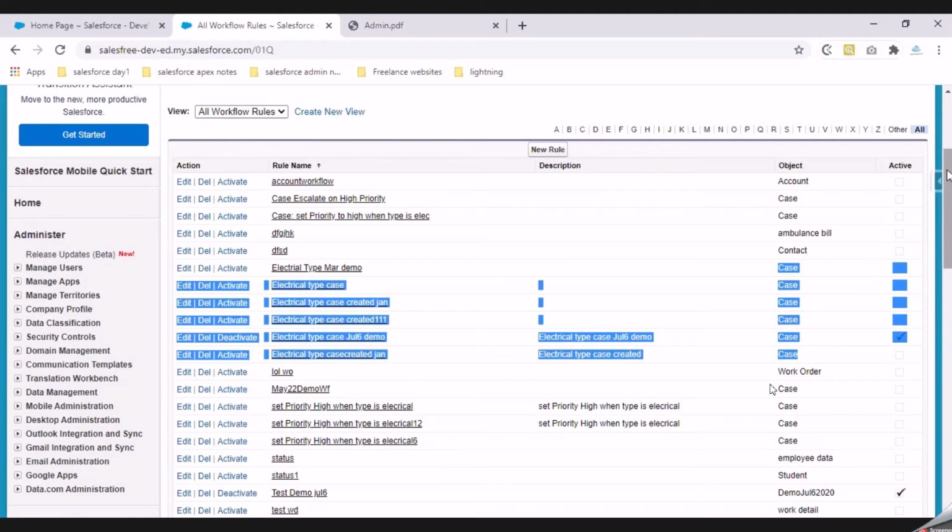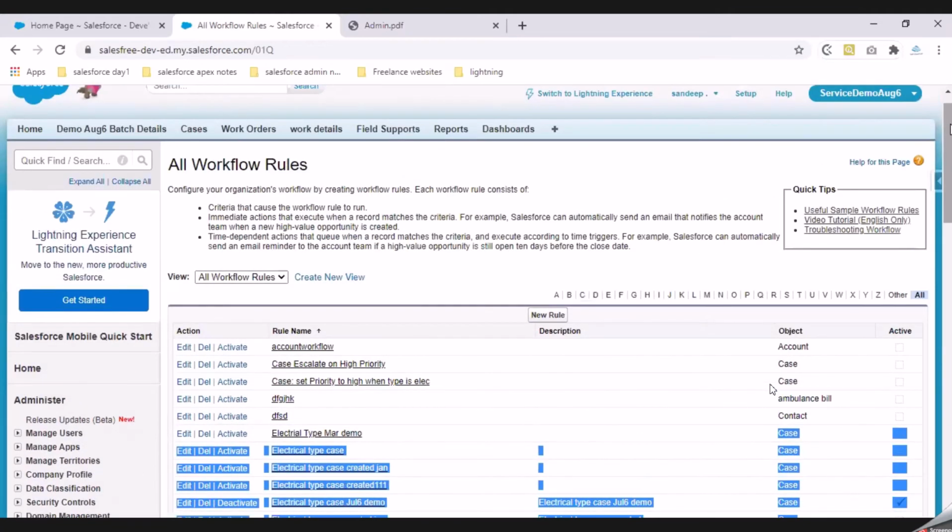And the second one is, in order to achieve the requirement on the same type field, where we need to update the priority, in our earlier example, I have different type picklist values on the case. Depending on the case type, I wanted to update the priority value accordingly. In order to achieve that requirement, I had to use 3 workflow rules, and if a developer has to debug that issue or wants to make some changes, he has to open 3 workflow rules to see what exactly is happening.